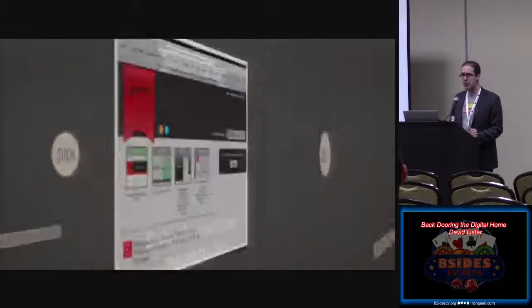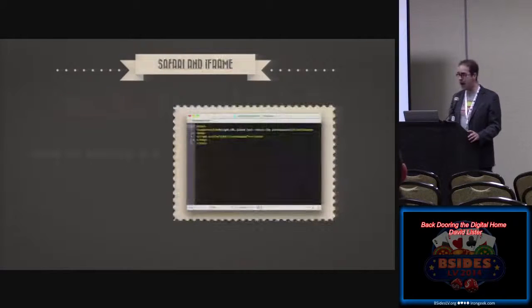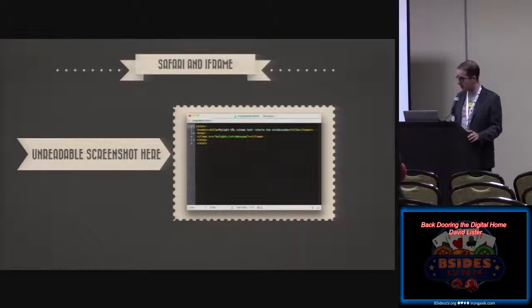So the first person to find things going wrong with these is Nitesh Dhanjani. In 2010, he found an issue with Skype that you could use to place a phone call with Skype with no user interaction. And he posted about that on his blog and on Sans website. But Skype back then was one of the very few applications that used that, so we didn't really hear more about that since 2010. And the most interesting thing he found, and you can't see it on that screenshot right there,